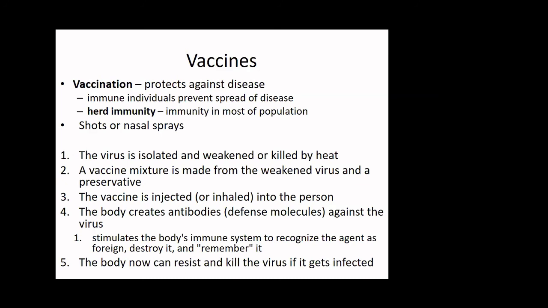So to make a vaccine, you take a pathogen or a piece of a pathogen or a toxin made by a pathogen, and you make it so that it cannot hurt someone. You inactivate it or weaken it to the point where it can't hurt someone. And then you add some other molecules that kind of beef up the immune response and inject that into someone. And the body sees that as a pathogen and it mounts a response to that pathogen, right? It creates antibodies or T cells against that pathogen. And then